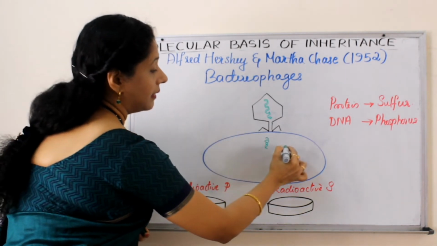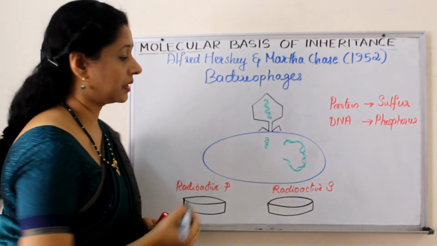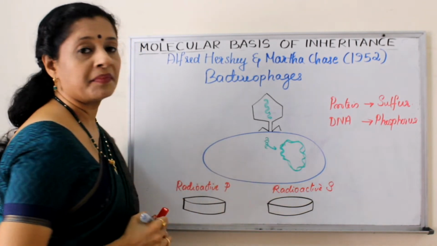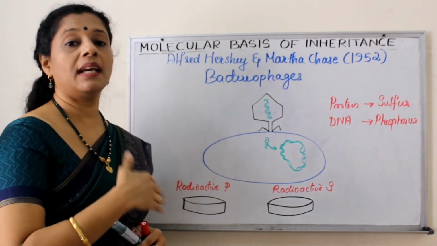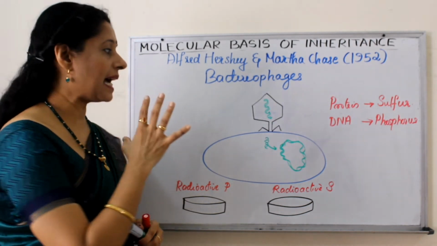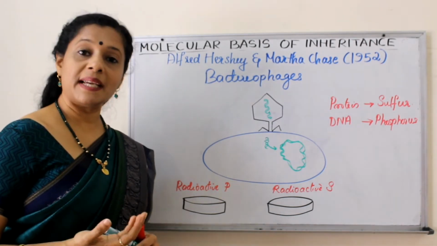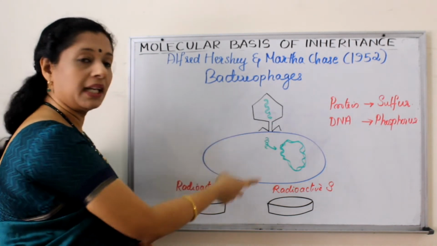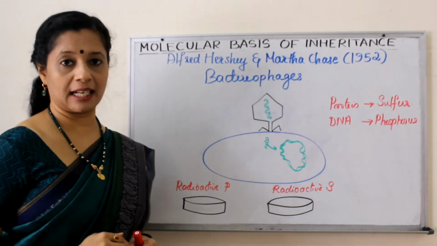So here is the actual chromosome of our bacterium. The DNA of the virus will come and incorporate here and multiply along with the bacterial DNA. So the virus can eventually multiply within the bacterium, which is the host. This is the actual process of infection. But at that time it was not known. So basically Hershey and Chase conducted the experiments to find whether the protein or the DNA is going inside. So that is the genetic material, right?